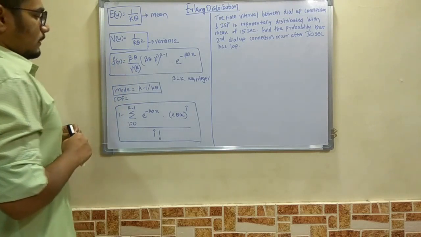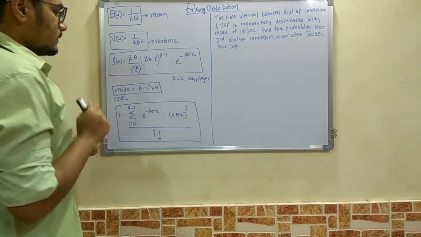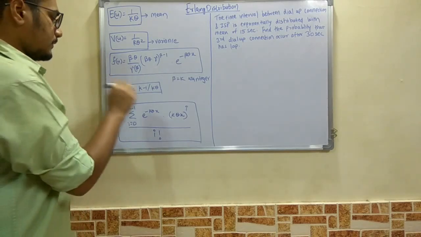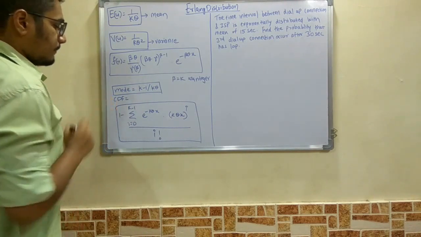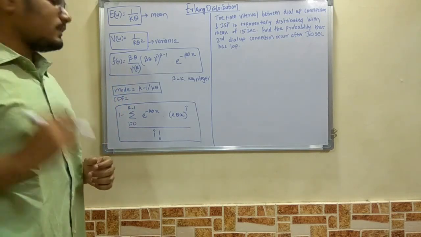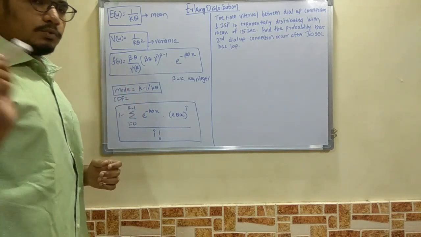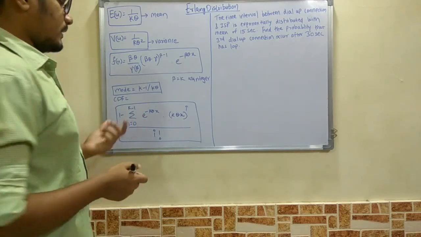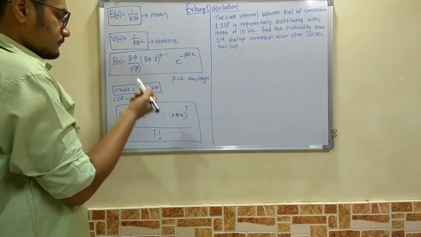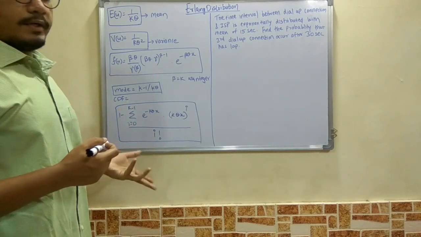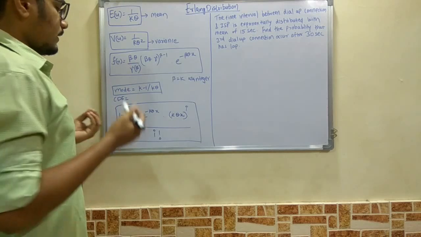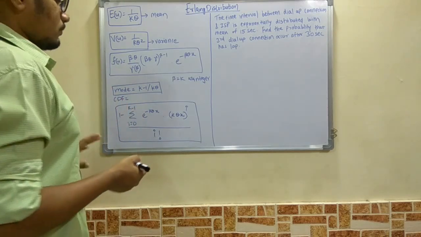Next we have the mode for this. The mode is defined as k minus 1 divided by k theta. And next we have the CDF, which we will be using in our problems, that is 1 minus summation i equal to 0 to k minus 1 of e raised to minus k theta x multiplied by k theta x raised to i divided by i factorial. So that's very simple. i is the number of occurrences, or you can say the connections, and it can run over the values up to k minus 1. If k is 3, then you will be having 0, 1, 2, and so on.